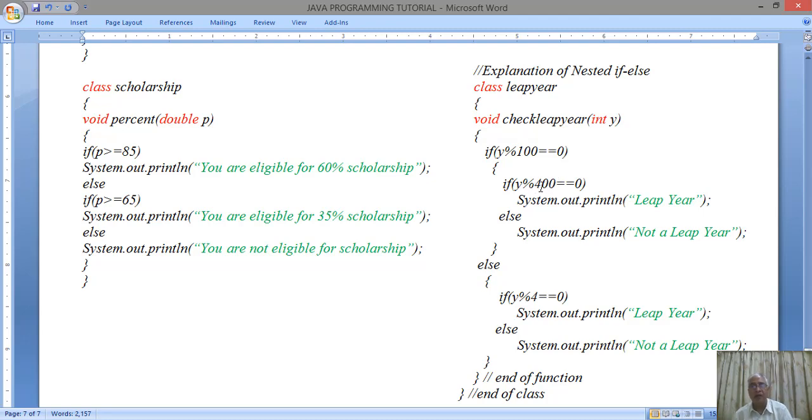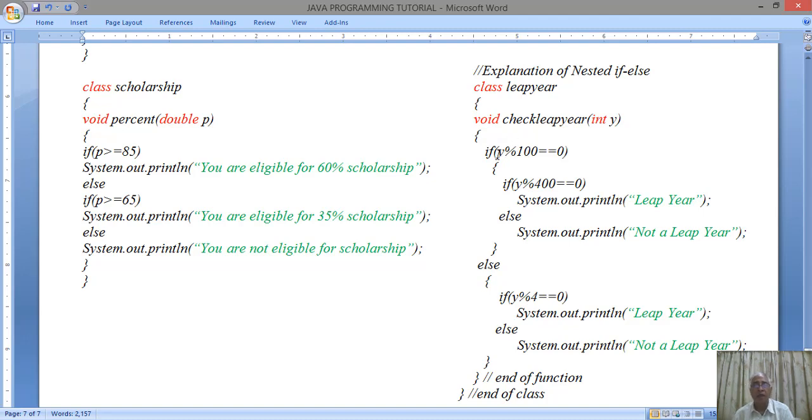Like you say 1900. 1900 was not a leap year since it cannot be divided by 400. It can be divided by 4, but it cannot be divided by 400. So therefore 1900 happens to be not a leap year. Okay. So for that we have made this sort of a program. And for 4, that is simple. For other years except the century years, we have this condition for divided by 4 and check.